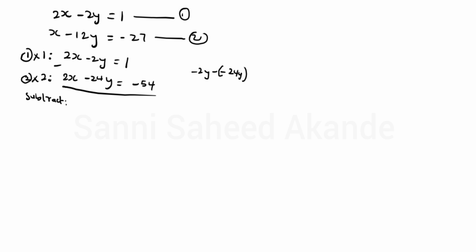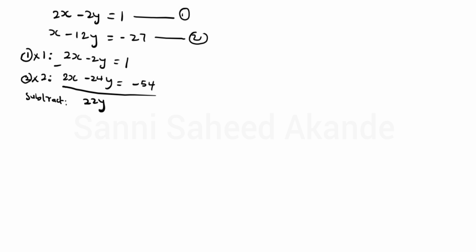So we have minus 2y, minus times minus is plus, then 24y. So minus 2y plus 24y will give us 22y. Understood? So that is how to solve that, to check it out. You can also practice it so that you understand how to do it very well. So our answer here now will be